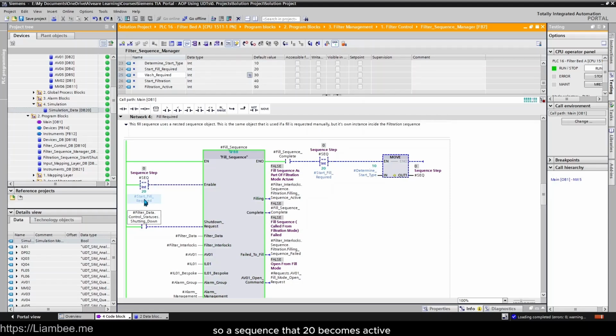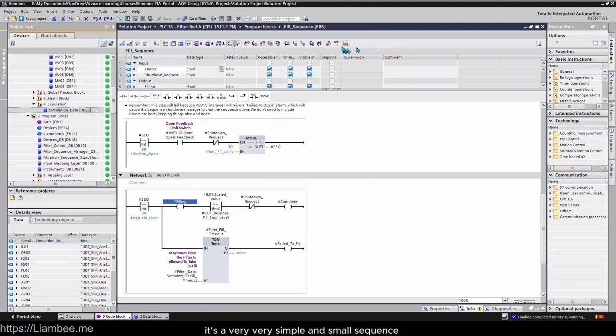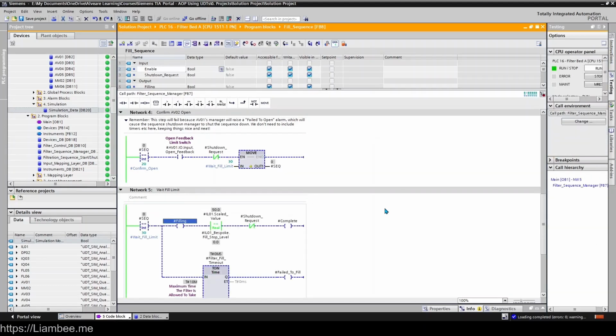So if sequence step 20 becomes active and we are not shutting down, then this fill sequence becomes active. And in this fill sequence is ladder logic again. All we're doing in here is asking the inlet valve to open. It's a very, very simple and small sequence. If I come online,